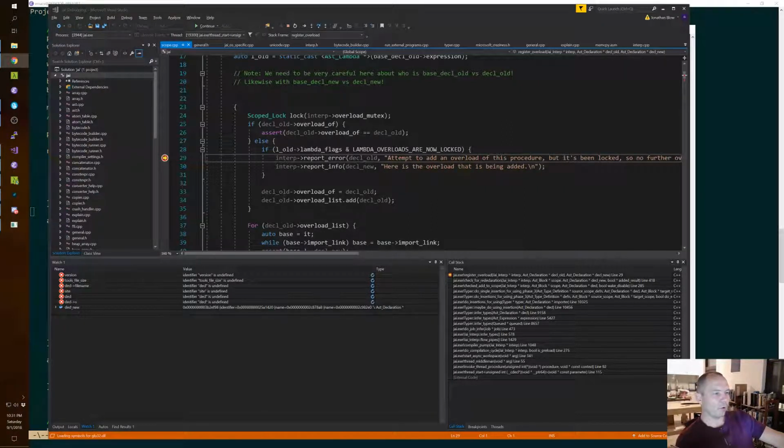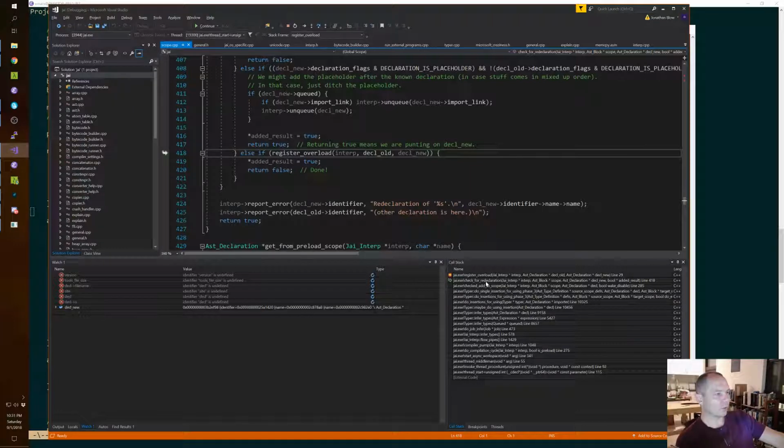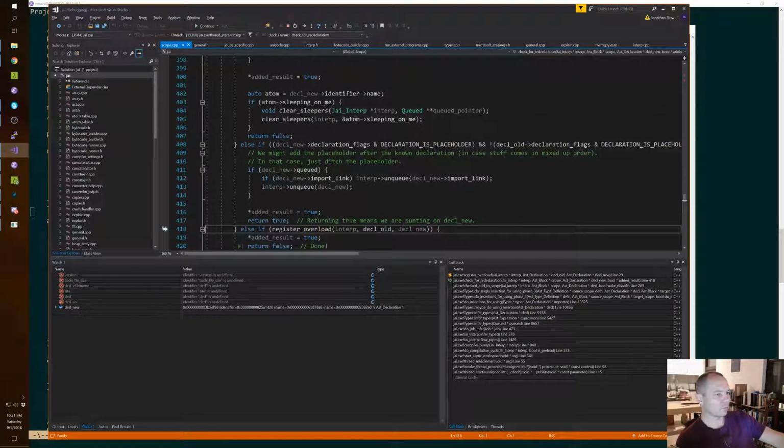Attempt to add an overload of this procedure, but it's been locked. Okay. Check for redeclaration.